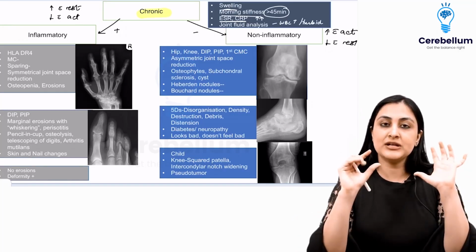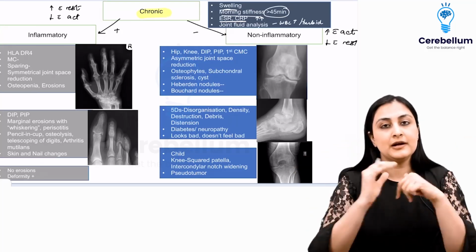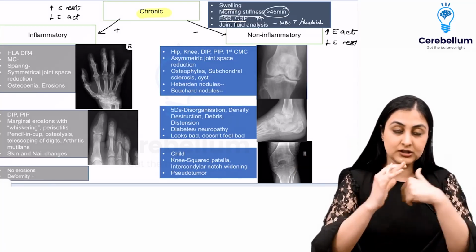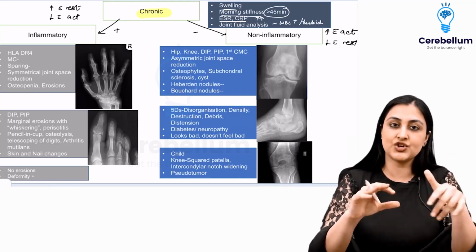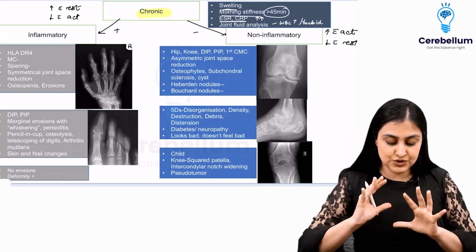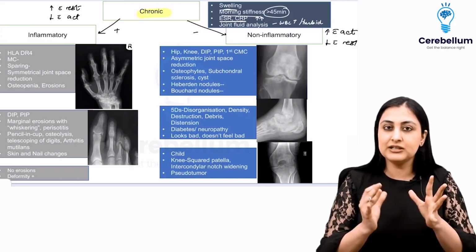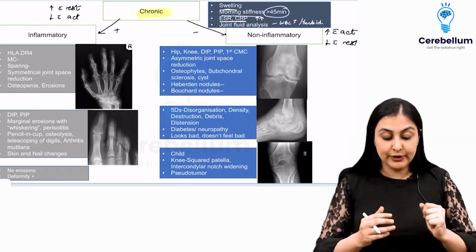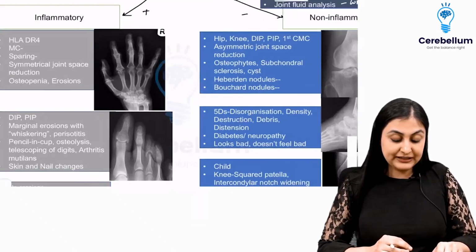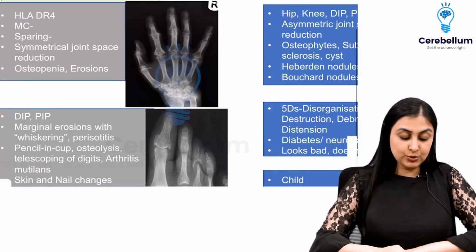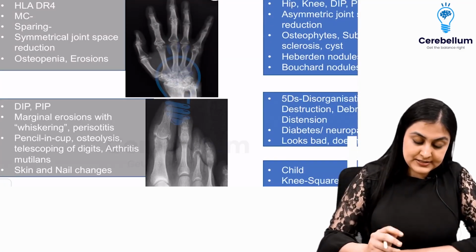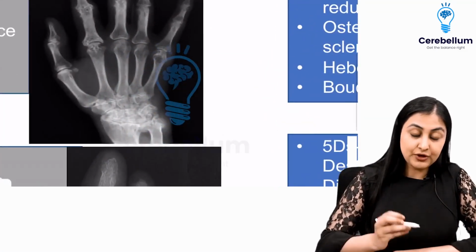So based on the history, clinically, you will be able to reach till here. Now further, they'll show you the image or they'll describe the findings and they'll ask you the diagnosis. So that's precisely what I've done in a very concise manner for you. Okay. So now if we have inflammatory arthritis and the clues given are that there is multifocal involvement of the